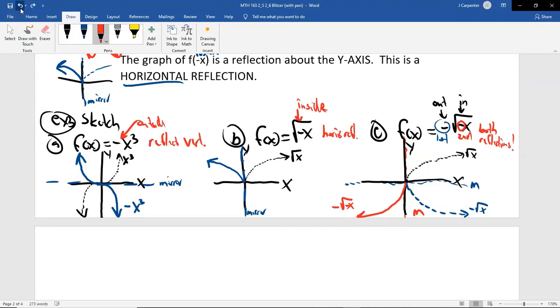So again, when you just have shifts, the order you do things in doesn't matter. When you just have reflections, the order you do things doesn't matter. But,